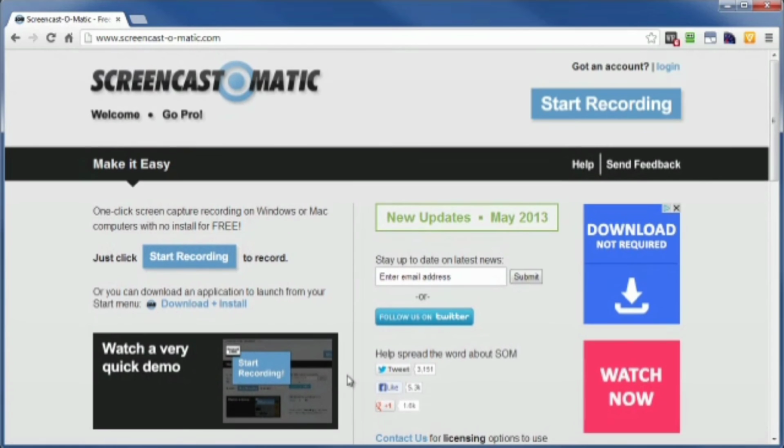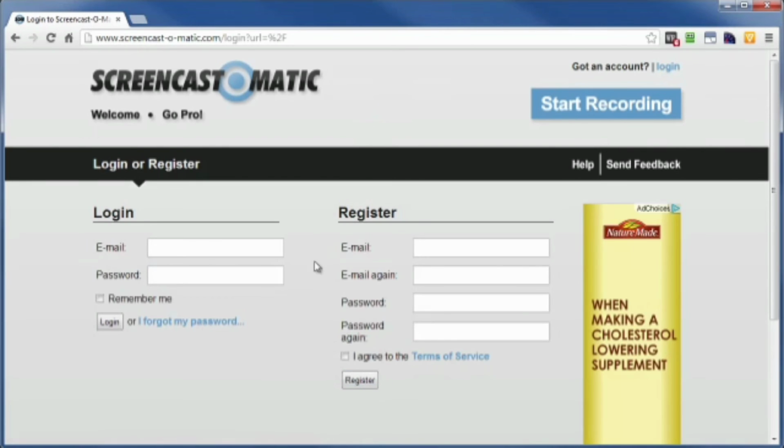And if we scroll back up to the page here, you do have to have an account to log in, but again, it's totally free. And if you click on login, that'll bring you to the registration page or the login page if you've already got an account here. Let's go ahead and